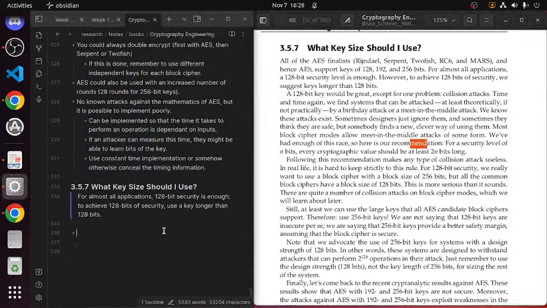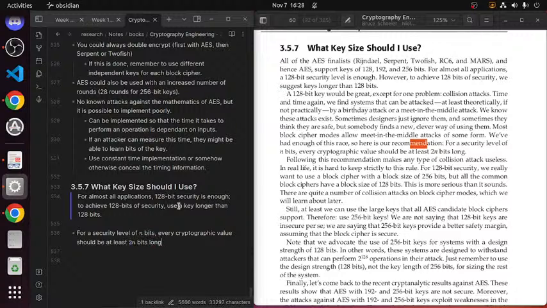So here you go. We're getting into the actual recommendation now. For a security level of n bits, every cryptographic value should be at least 2n bits long.